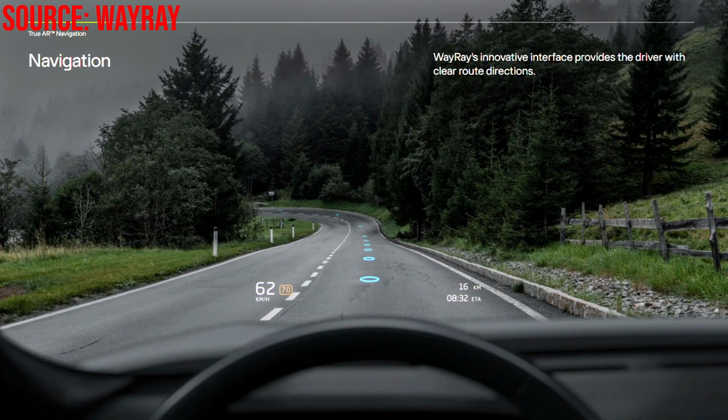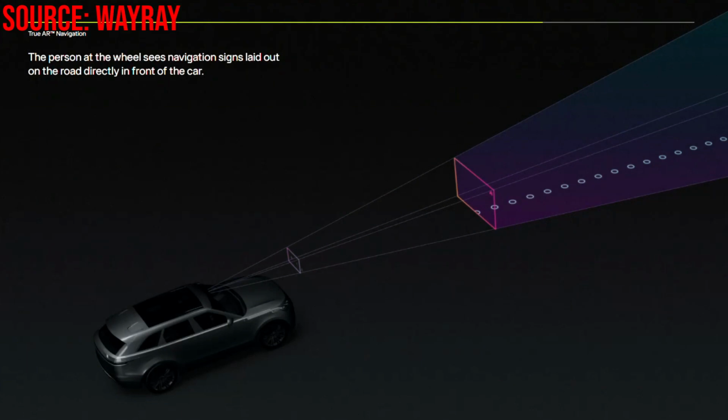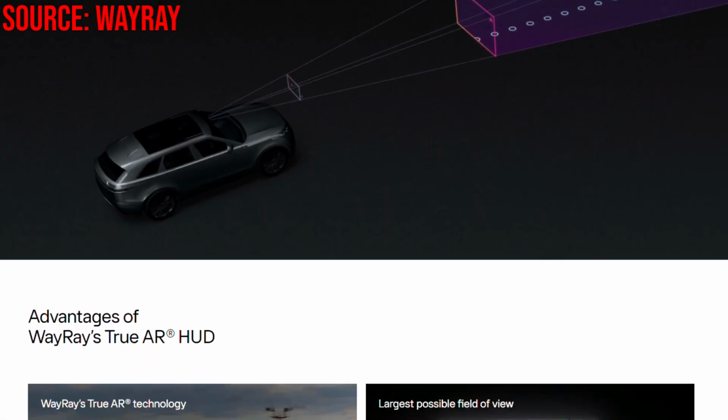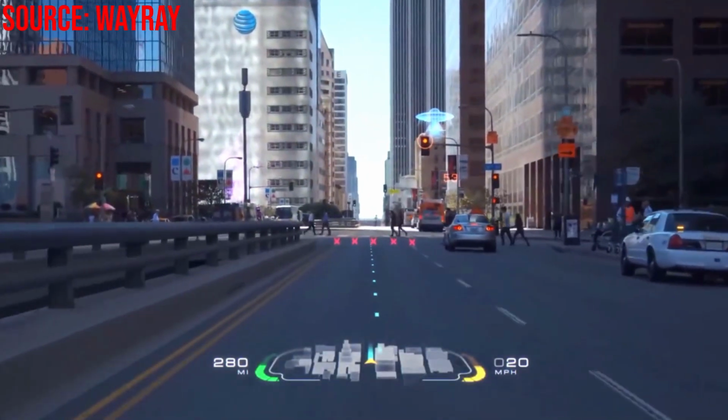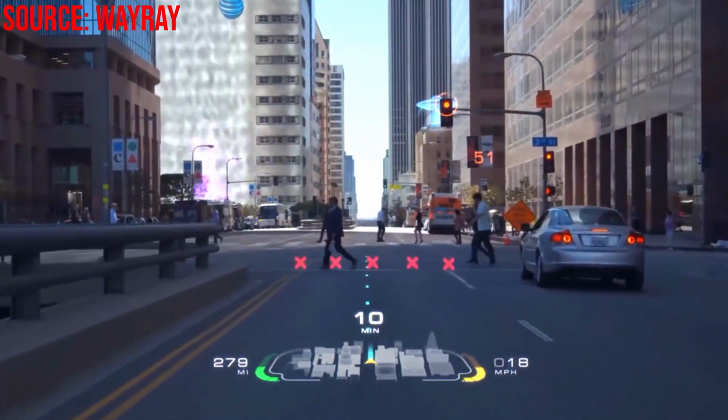But the whole idea of deep reality display takes it way beyond that aspect. The deep reality display not only gives you information from what's directly in front of you based off the distance between yourself and the window, but it also gives you more depth of information, like literally information on the roads, information on the buildings in front of you, and any other type of surroundings. So not only will it give you that basic information on how fast you're going or the direction you need to take to get from point A to point B, but it'll also give you information on the traffic ahead of you. It'll give you information on physical buildings and layouts ahead of you and other relative stuff like that,